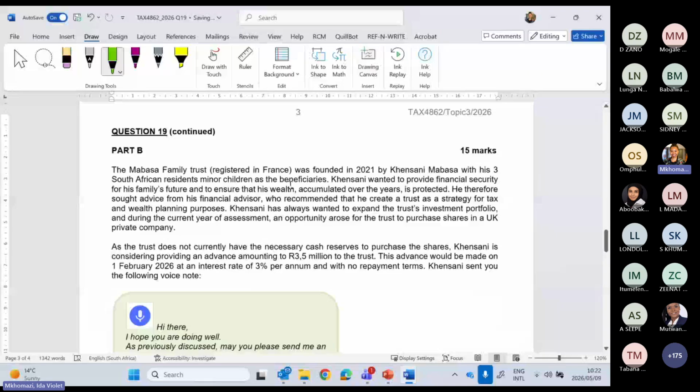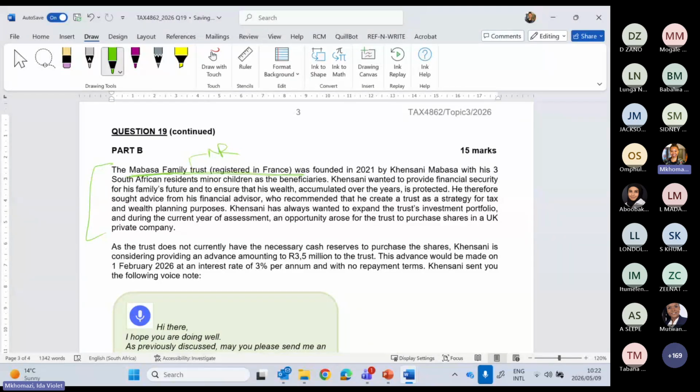So now, looking at part B, this was a straightforward question. Well, only if you were able to identify that Section 31 is applicable. So in the first part, there's a nice story that they provided to us. Basically what happened here is that we have a foreign trust,